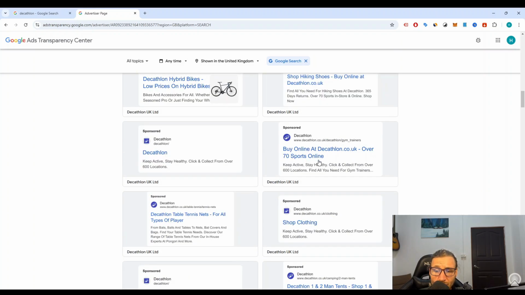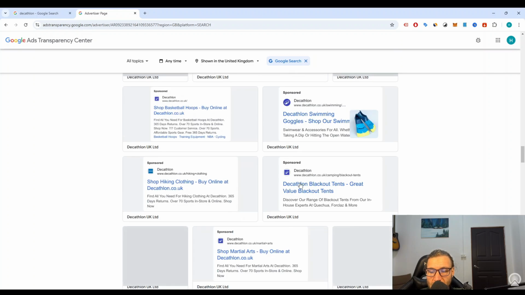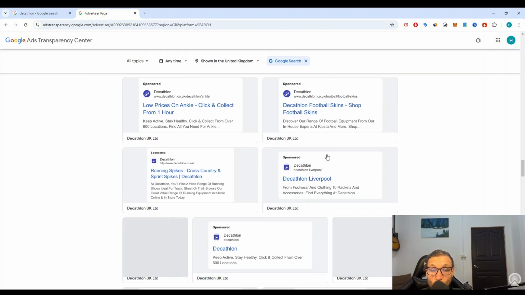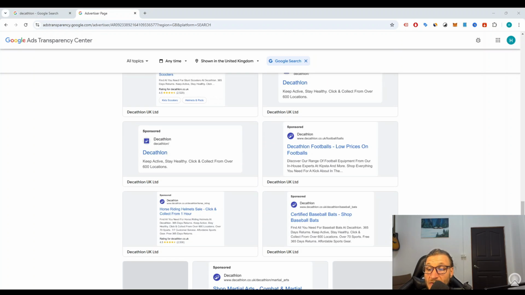And that is pretty much all. You can browse around. You can look at all the different competitors. You can find competitors by simply Googling for your products that you want to sell and see which other websites or competitors people are actually selling these products. And then from there, dive a little deeper. Yeah, and obviously you can also find out in which countries your competitors are running ads in. So there's a lot to be learned, and then you can really apply all of this to your own brand.